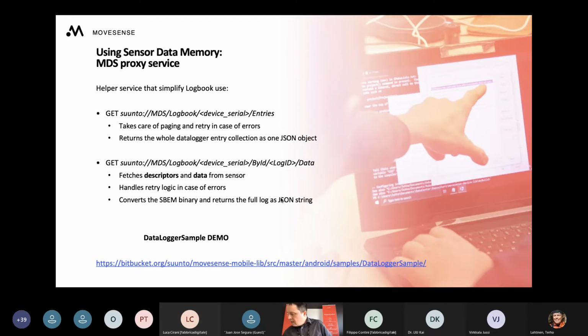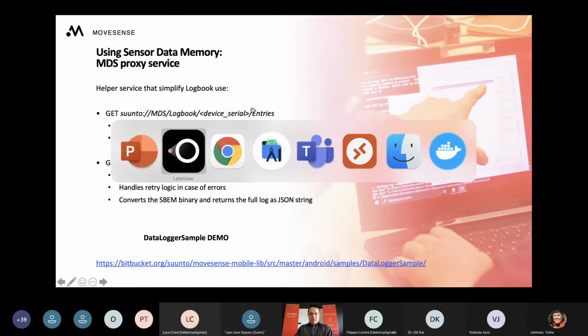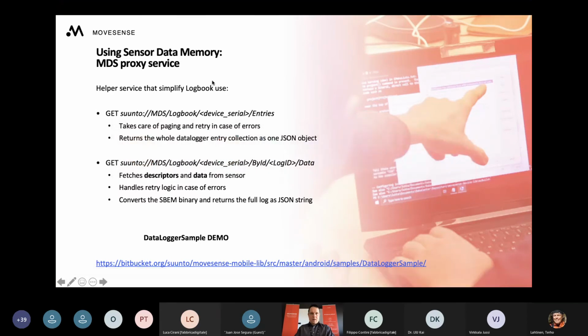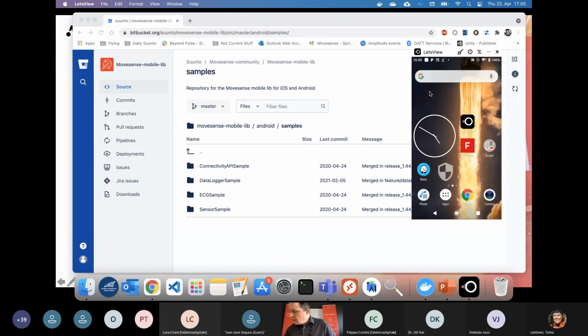Here I will start the app. I'll search for the data logger on my phone. Same UI as the previous samples. I have the sensor on. I found it. I connect to it. And now